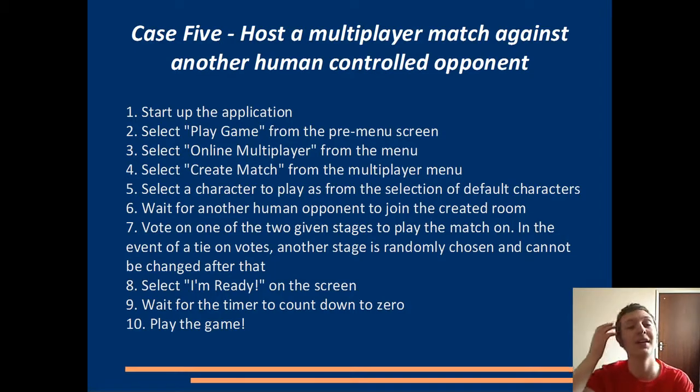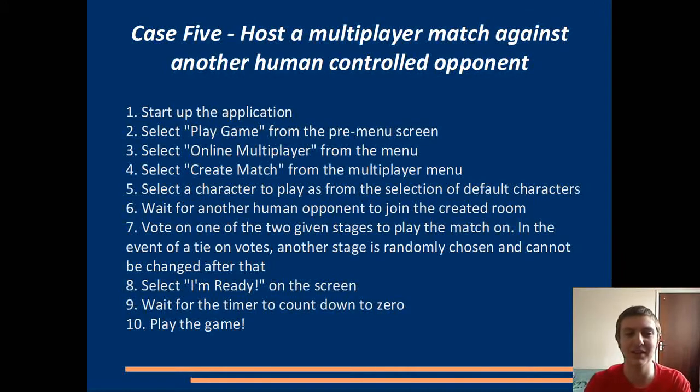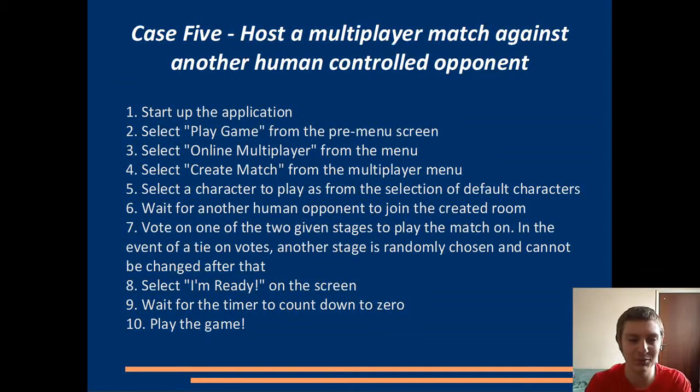But anyway, going back to the case here, we're just going to have to start up the application as before, play game. These are all fairly self-explanatory, but it just gives a better idea if you get it down on paper. If I do forget about it or think, how am I going to do this, I've just got it written down so I can use it as a reference for other diagrams, so it's very handy. Then we select online multiplayer, then select create match from the multiplayer menu,